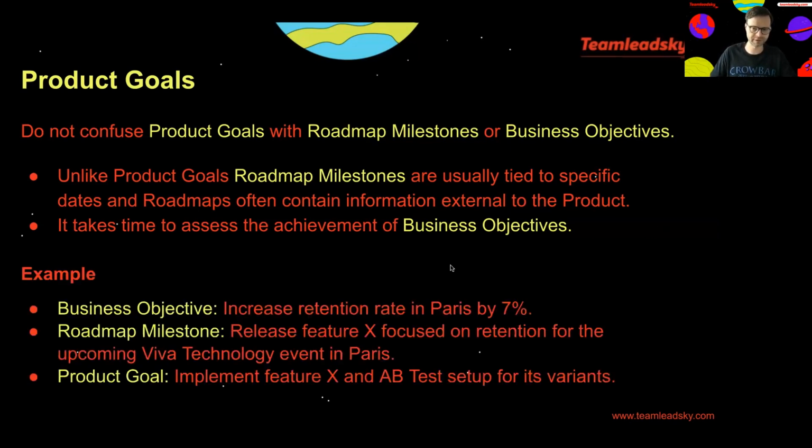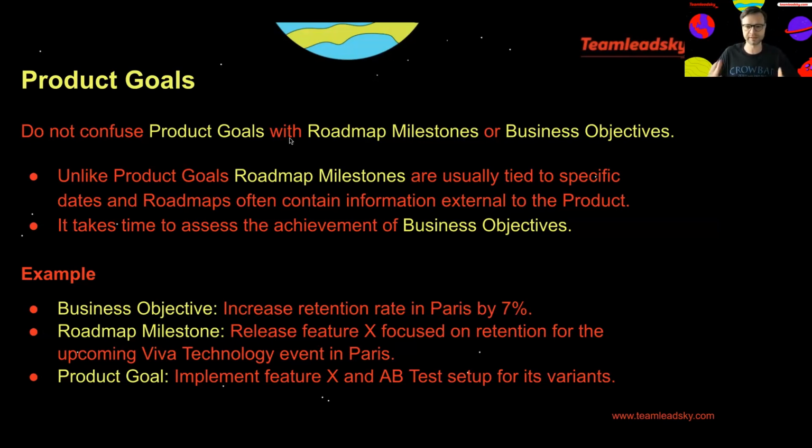Let me illustrate this with an example. Let's say you want to increase your retention rate and you know that there is a certain conference upcoming in Paris, and it would be most efficient to deliver a certain feature that you expect to increase the retention for that particular event. And this is a part of your roadmap. In this case, I would formulate the product goal as implementing that particular feature and probably setting up everything which is needed to run an A/B test,